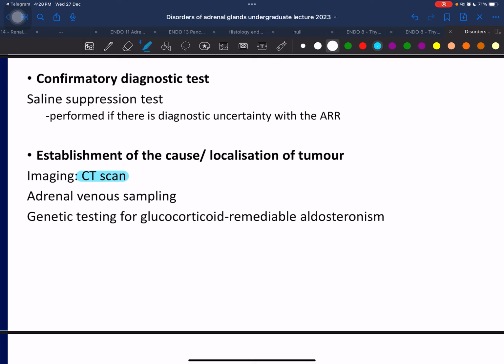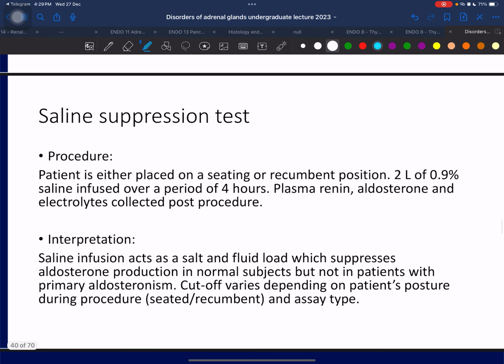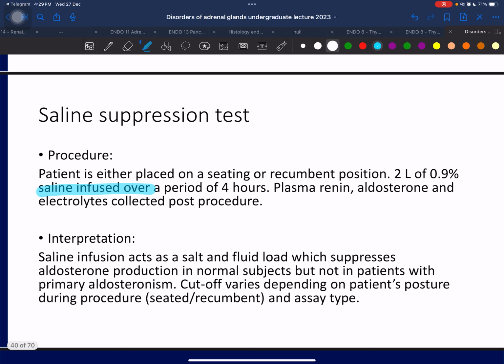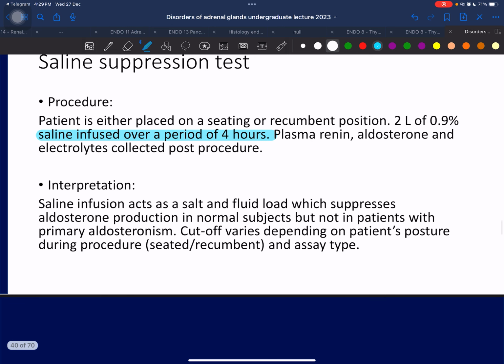So, once you give the patient saline, by right, the aldosterone production will be suppressed because the patient takes a lot of water already, right? So the negative feedback in the patient's body will be saying, no need to produce so much aldosterone, correct? Now, in patients with CONS, the production is excessive. Regardless of whether you give saline or not, the patient drinks water or not, the aldosterone production is continuous because of the tumor. I didn't give you the cutoff because the cutoff varies according to the units used, the analyzer, the methods. So you just need to know that there is such a test.